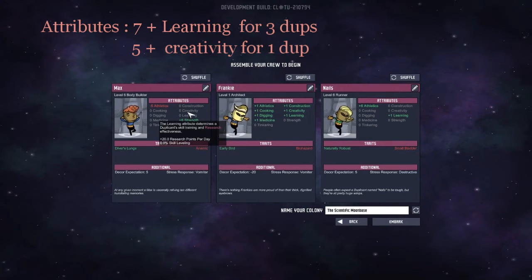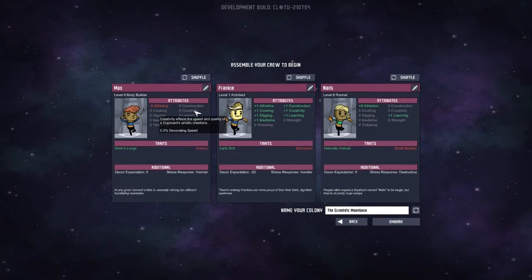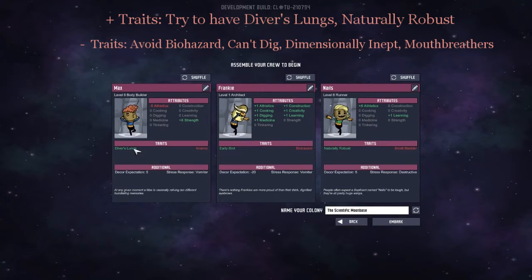Now, for the other stats, those are just nice to have. If you have a high number for those, then good, that's a big plus. Now, for the traits, I would recommend looking for diverse lungs for the positive trait, and naturally robust. The reason why is that diverse lungs gives your character a 25 percent decrease in oxygen consumption, and it will also produce less carbon dioxide. And naturally robust will make your character more resistant to sickness, which is very good,